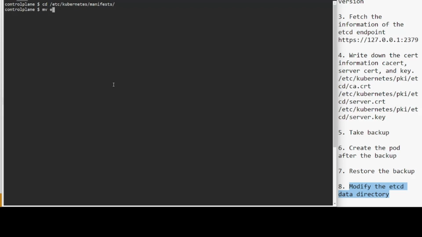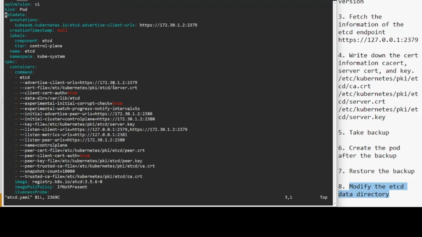Okay, so move etcd.yaml. Okay. Now this etcd YAML will be present here, and I'm just editing using vi etcd.yaml, and then I will just